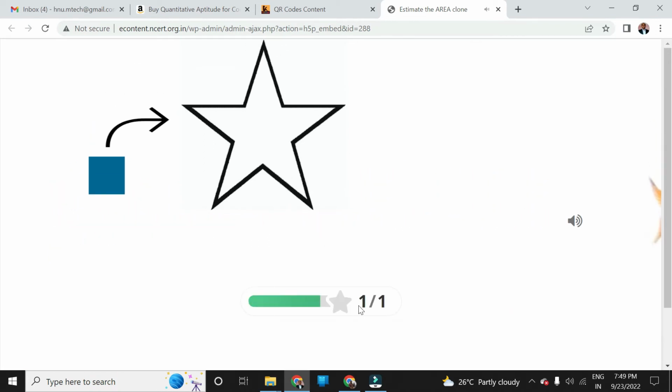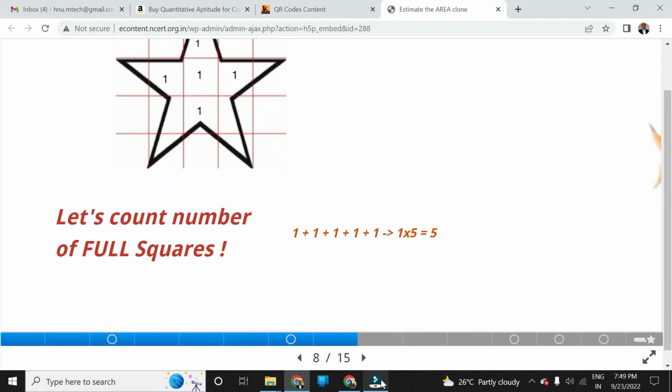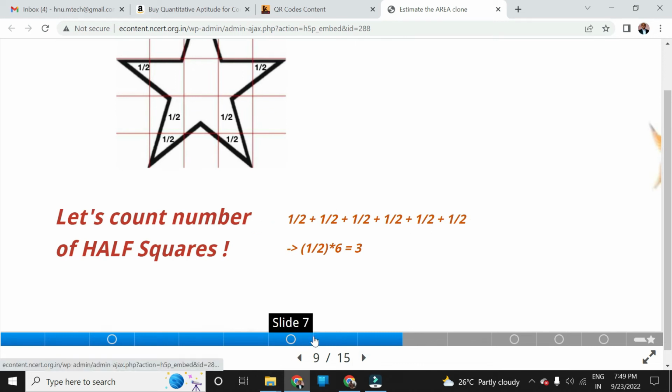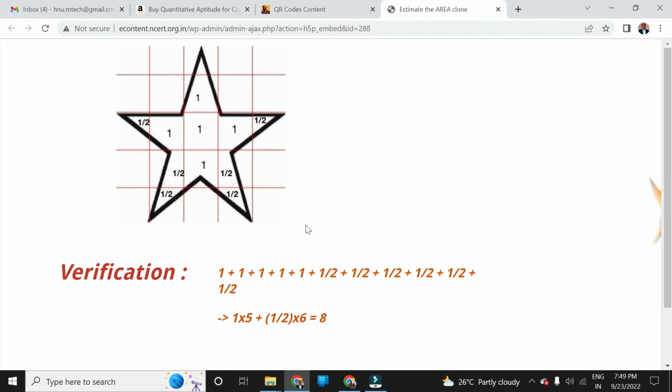Okay, so how 8? As per the grid diagram explanation which we have seen, you will get the answer. You can see here, these are all the full squares, and then we have half squares. Okay, there are 5 full squares, and then all the rest are half squares. So see the marked squares: count 5 of them, 1 into 5, plus half into 6. Okay, so that is equal to 8. Like this you have to calculate the answer for this grid,